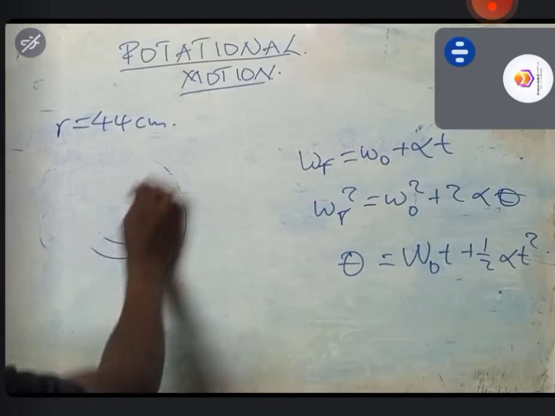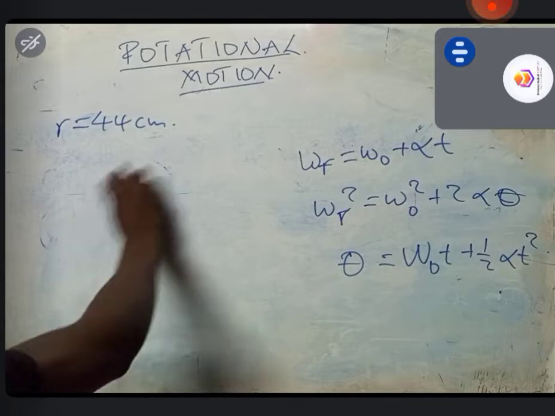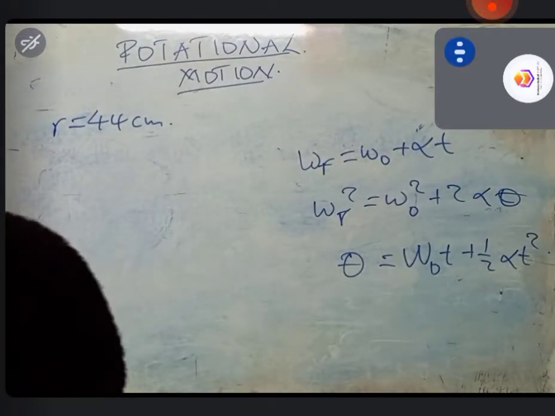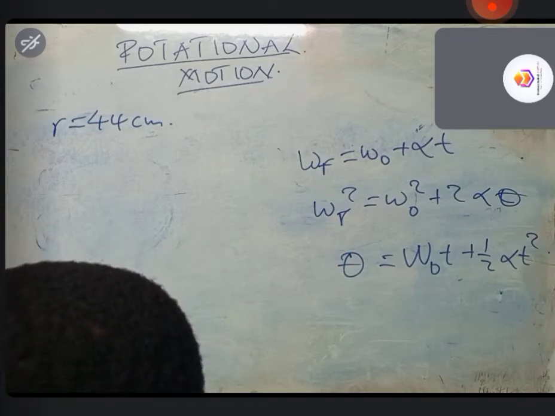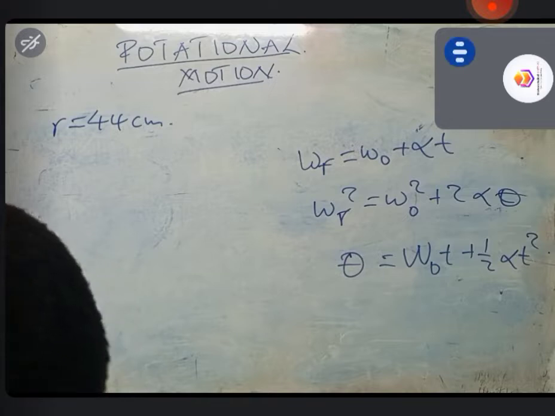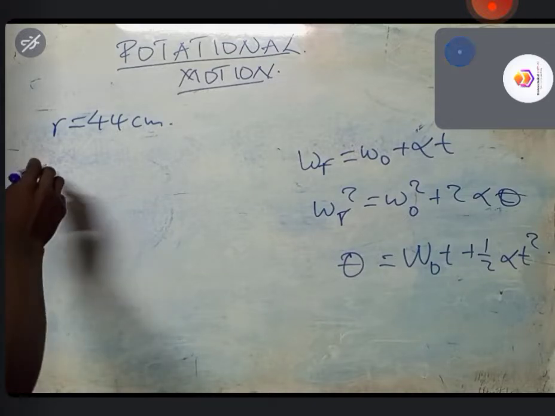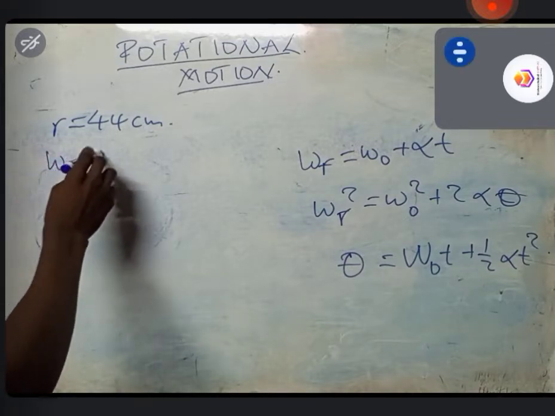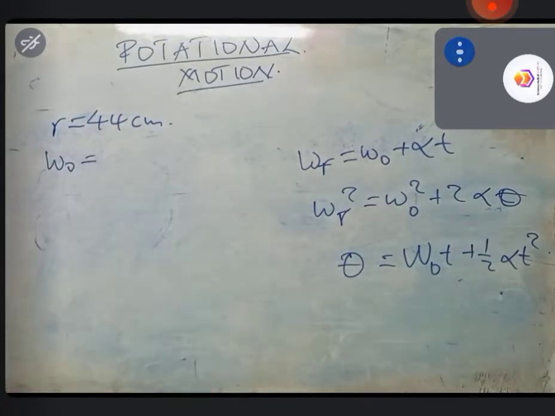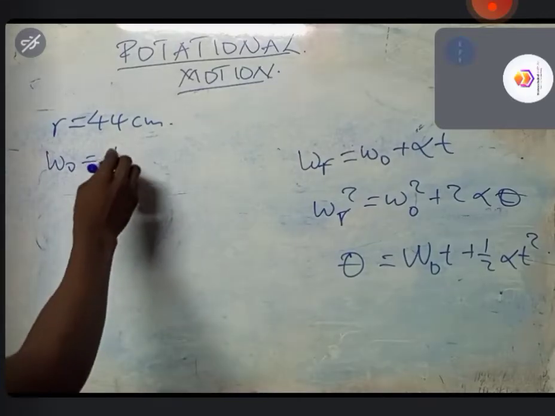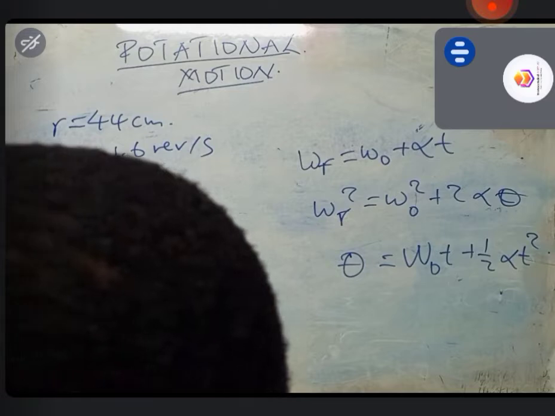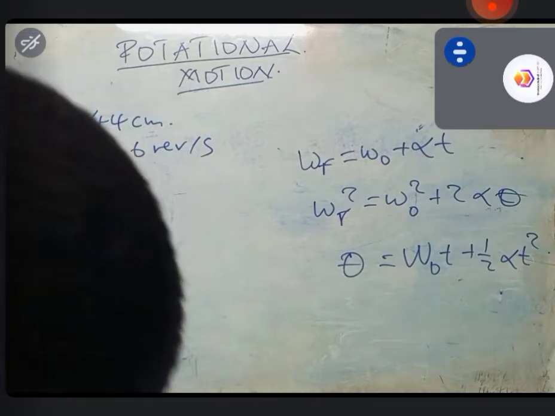Okay, let's try to write down the information that we've been given. So we've been given the radius. What else have we been given? We've been given the initial speed, in revolutions per second. So the initial angular velocity is 1.6 revolutions per second. Then we've also been told the length is